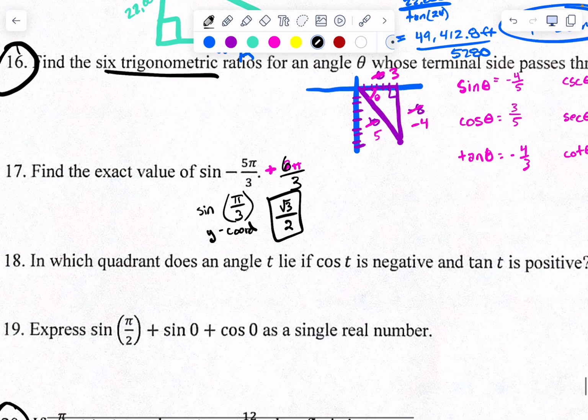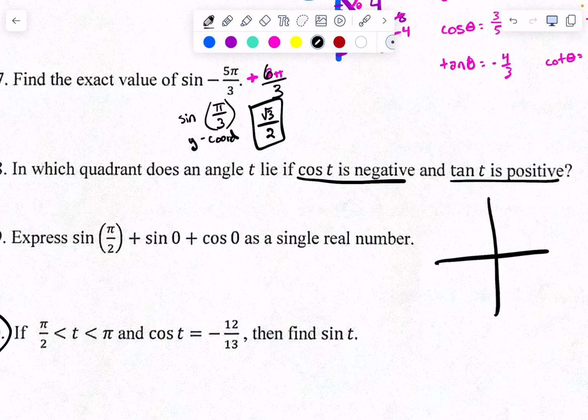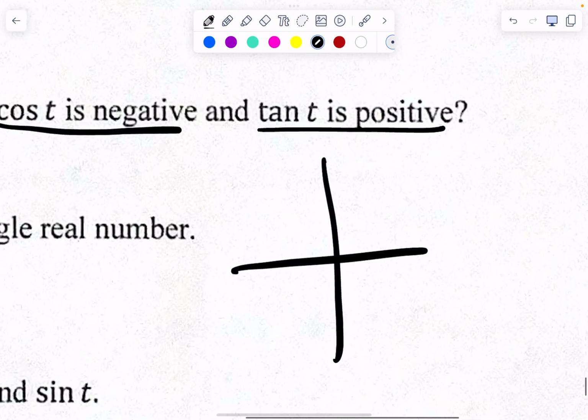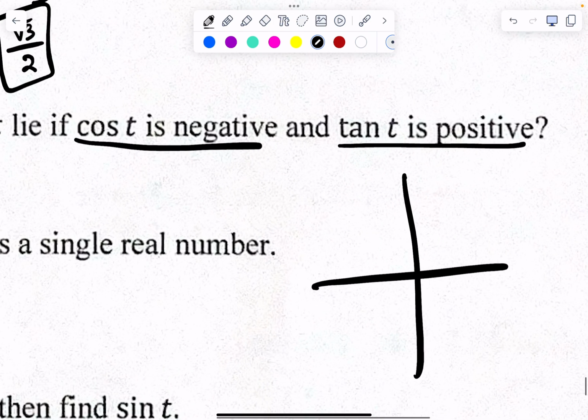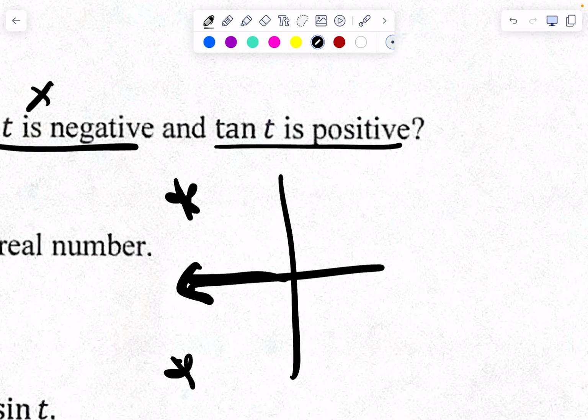Beautiful. Okay. 18 was not too bad. Cosine is negative, tangent is positive. Which quadrant are we in? If cosine is negative, in which two quadrants is cosine negative? Cosine, by the way, is the x-coordinate. So x-coordinates being negative are over here and over here because you're going to the left. Okay, tangent, I want tangent to be positive. That is in the